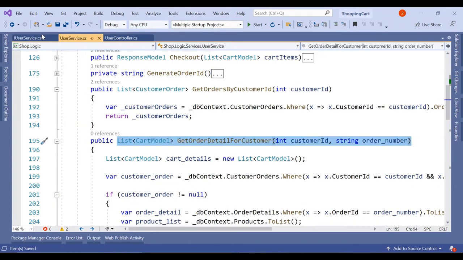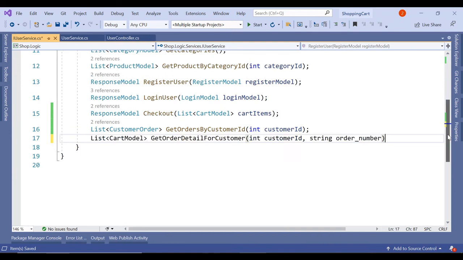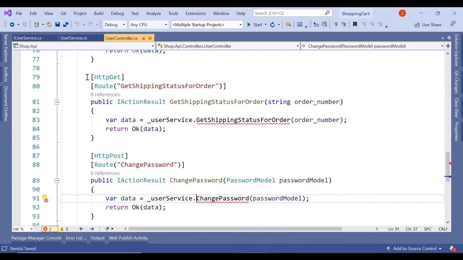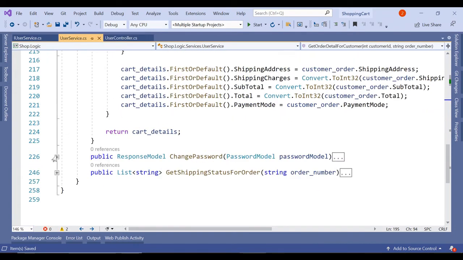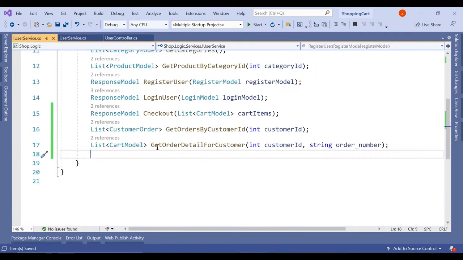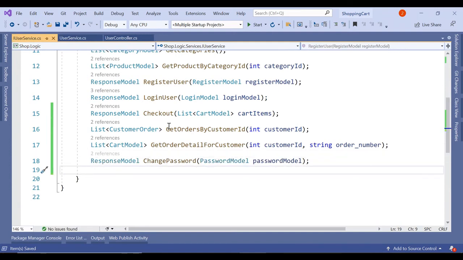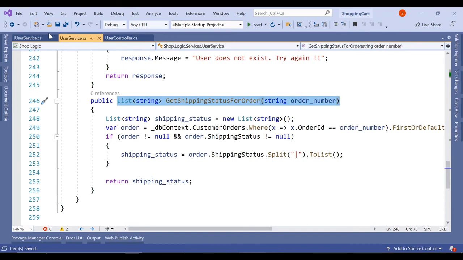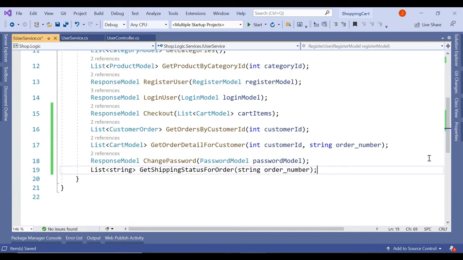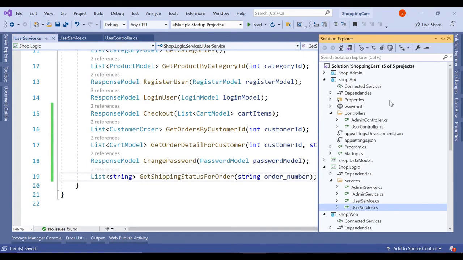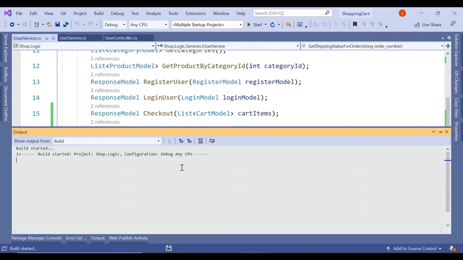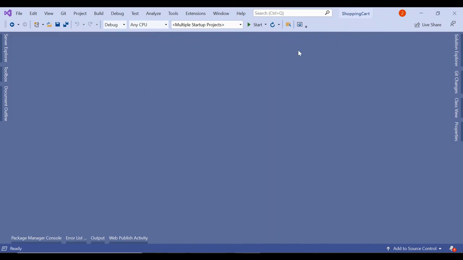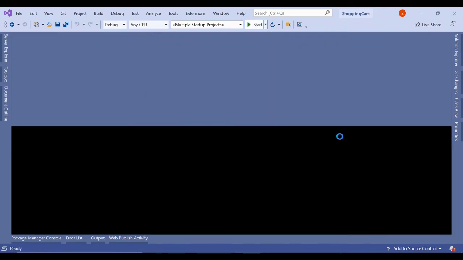Let me copy this definition and put it here, and let me take the third one, and the last one will be this one. Fine, so this should solve the errors. Let's build it. Okay, build succeeded. Let me close all the tabs and click on start.